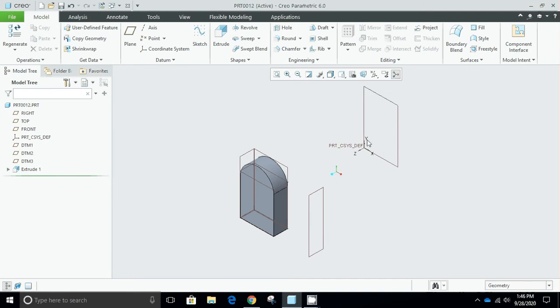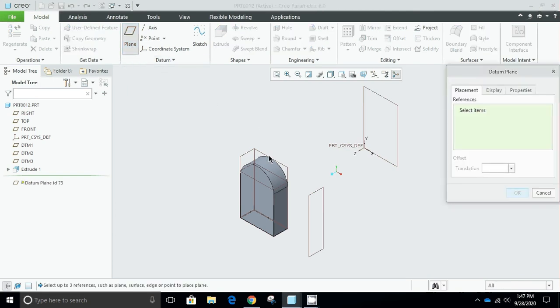So the original default planes were located over here. I have created an object which is at a distance of 800 units from the original plane. Similarly, there are other types of planes. For example, if I select this plane and then select this curved surface, I can see there are options in this pull down menu. For example, through, normal, tangent, mid plane. If I select normal, it will be in this direction, but this curved surface I have specifically made to show you this tangent option. If I press this tangent, you can see the plane is tangent to the curve,